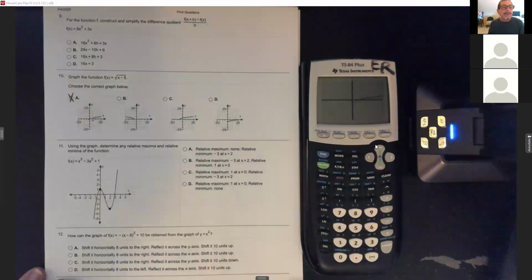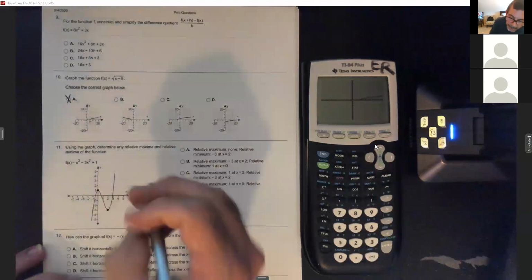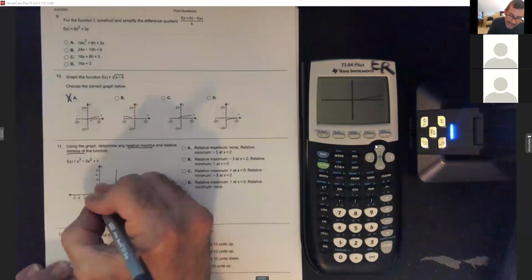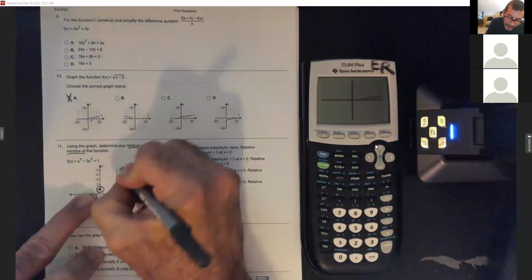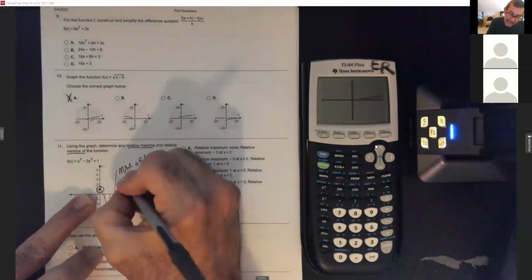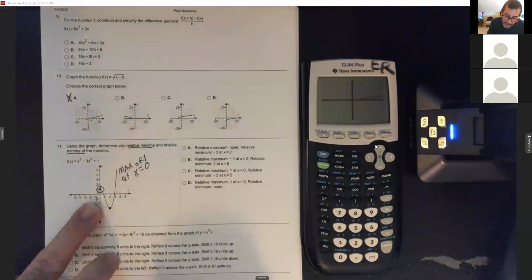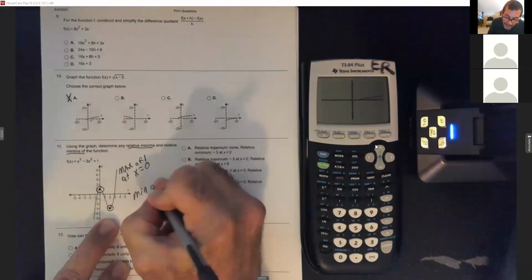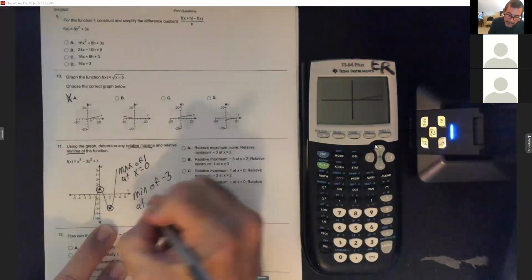All right, this one I think I can do straight off this picture because they got both the dots here. So it wants me to find any relative maxes and relative minimums. So this is the relative max because it's a peak. So it is a maximum value of 1, which is the y value, and it happens at x equals 0. This point is a minimum because it's a valley. So it is a minimum of, that y value is negative 3, and that happens at x equals a positive